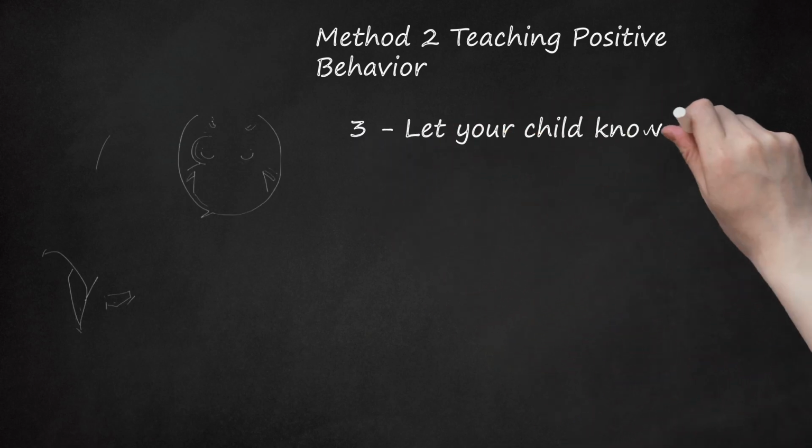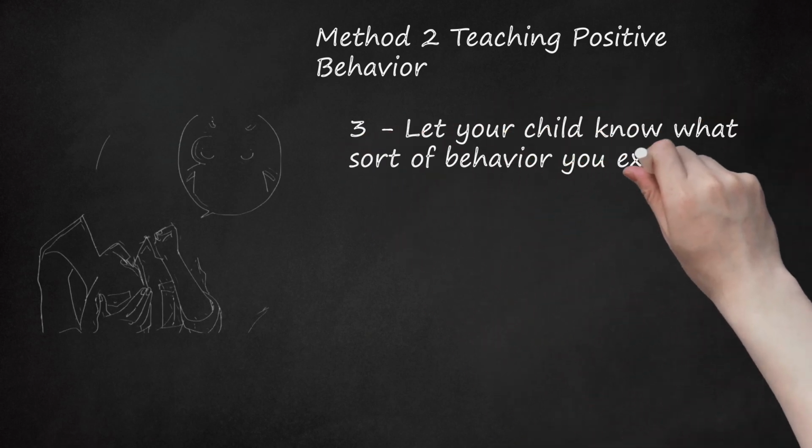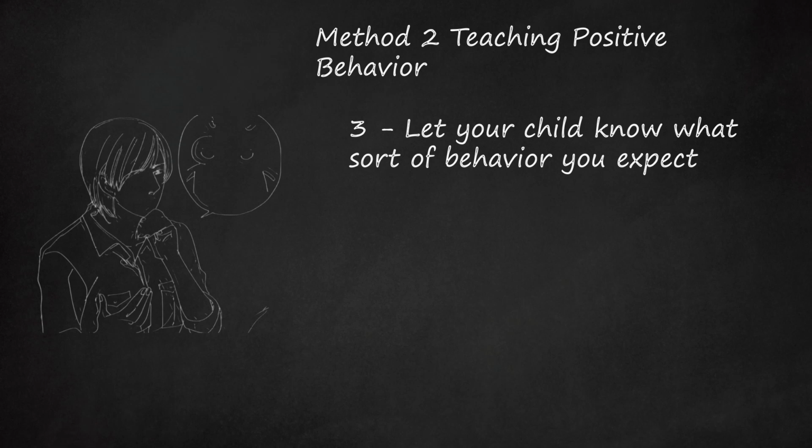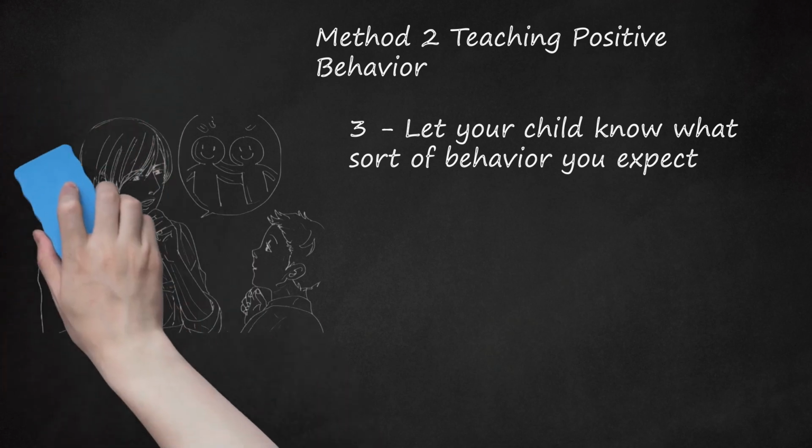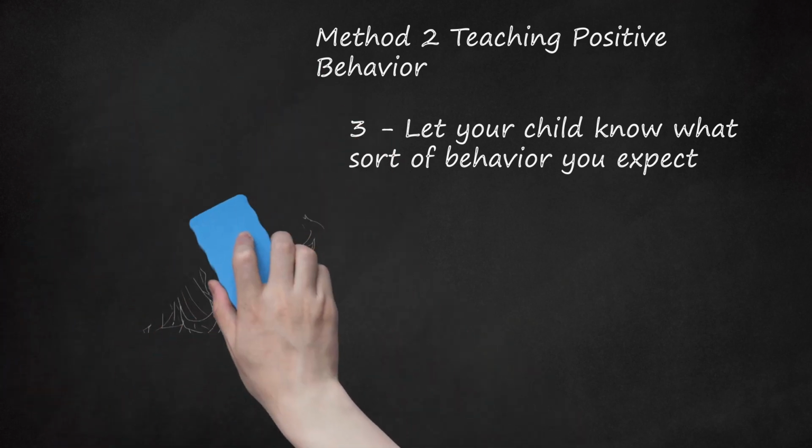3. Let your child know what sort of behavior you expect. When you discover your child is bullying someone, you should tell them that you want to help them correct their behavior. To correct their behavior, you should not only tell them how bullying is hurtful, but teach them how to act properly. Behaviors you could suggest to your child include sharing, forgiving, being kind, staying calm, not yelling, and accepting differences in others. Tell your child that to make friends and live happily, it is important not to engage in bullying.